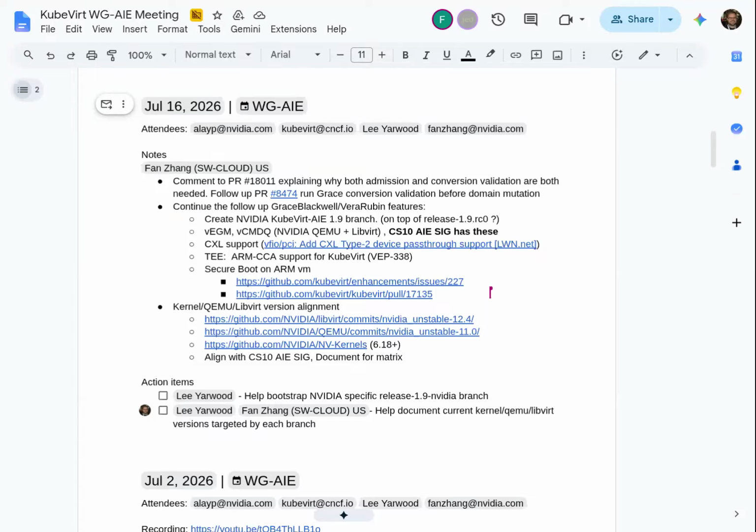Okay, so yeah, sounds good. Is this PR still targeting the release 1.9? No, it's not going to get into 1.9 now. So the upstreaming of this will get into 1.10 hopefully. 1.10. Okay.